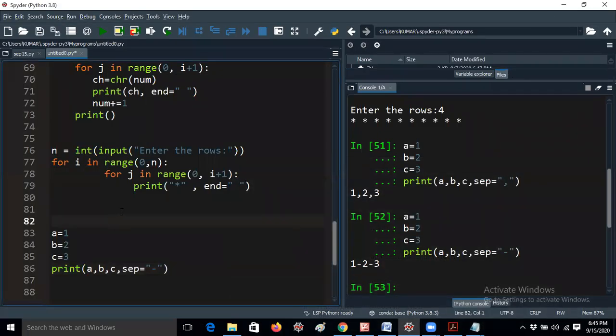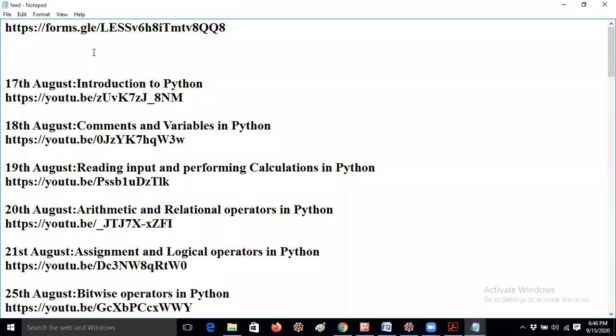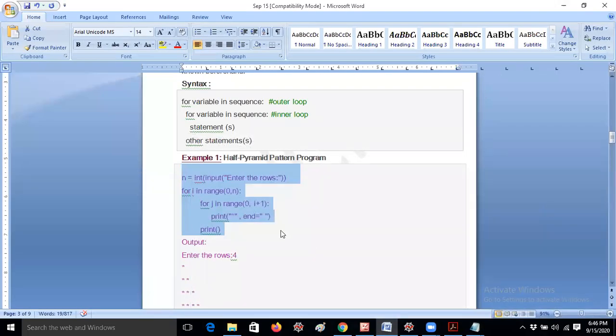I think nobody is asking doubts, it seems pretty good. No doubts, please mention in the chat box. At least I will exit. No problem, if you have any doubts, you can mention them in the chat box. Okay, everything is fine. Thank you very much. Anyway, do the experiments with it. I will forward the notes.